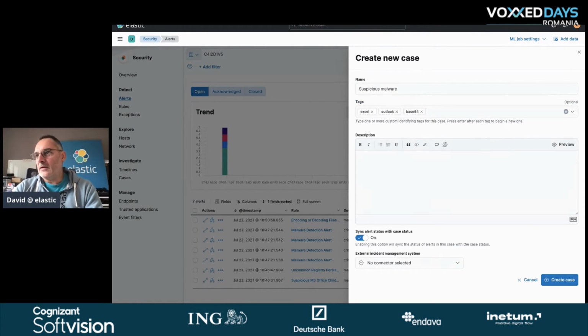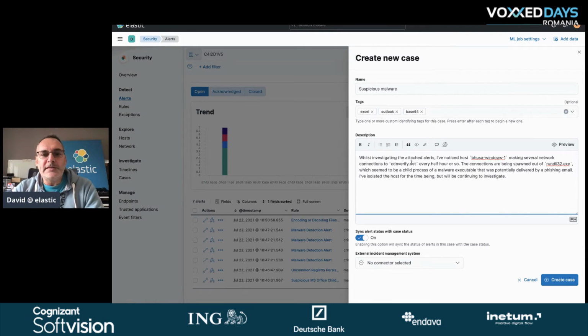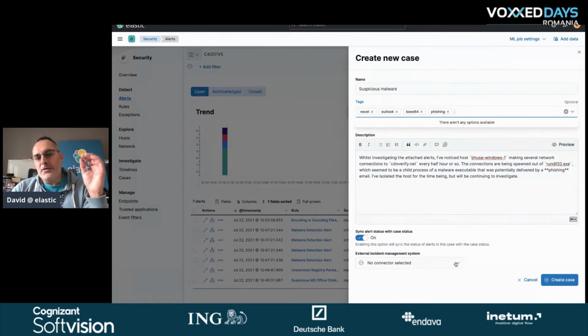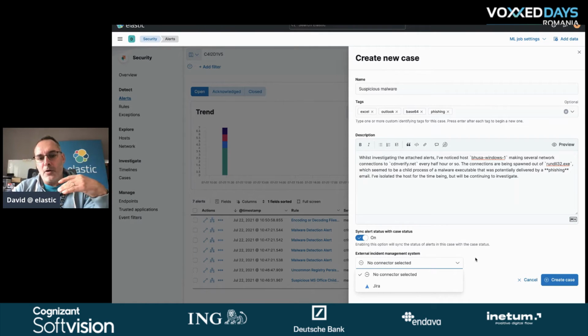Then you can add the description. And so I'm going to copy and paste something. So this is using Markdown here. So you can also make things more obvious. Let's say, I don't know, phishing email. So let's add phishing here. Okay. You can connect to an external system like Jira, for example, or other things.